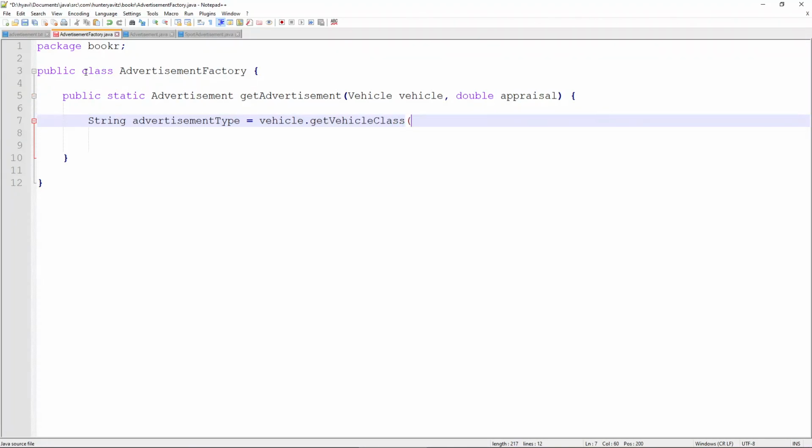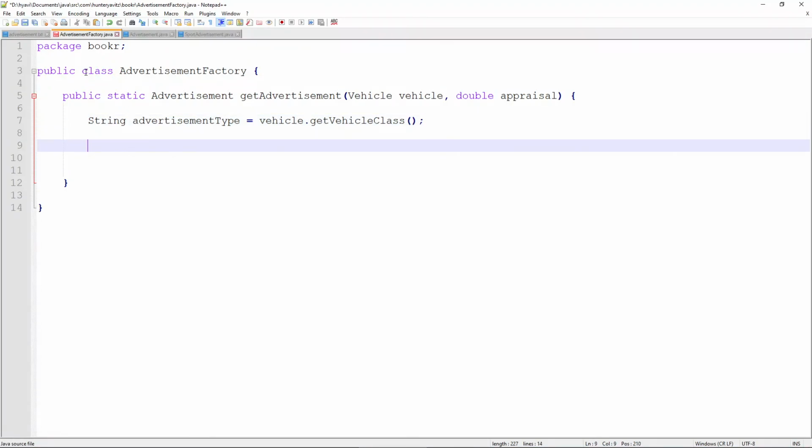So we need to know what class of vehicle this is. Is it luxury, sport, or utility? Depending on that will be the advertisement type. And then using the criteria of the advertisement type, we can define a switch statement. The switch statement is much like the if-then statement, except it's going to be a case selector of more than just 2 options. We're going to switch based on the advertisement type